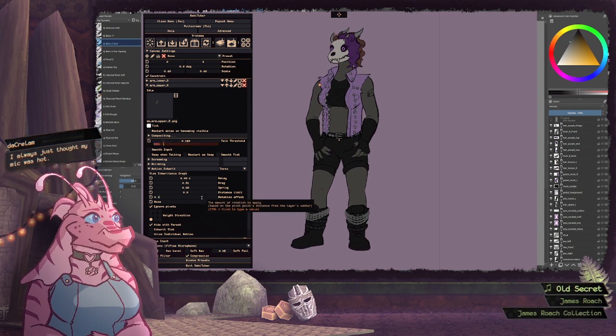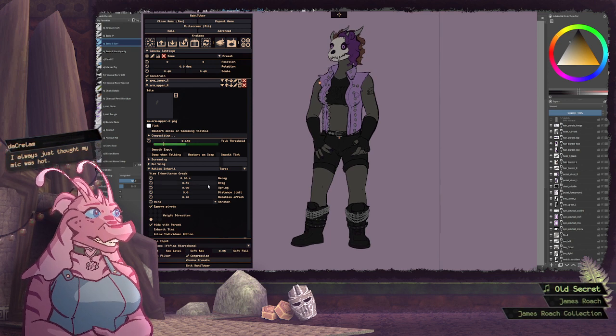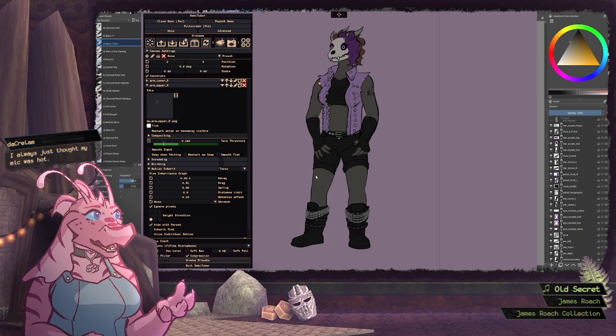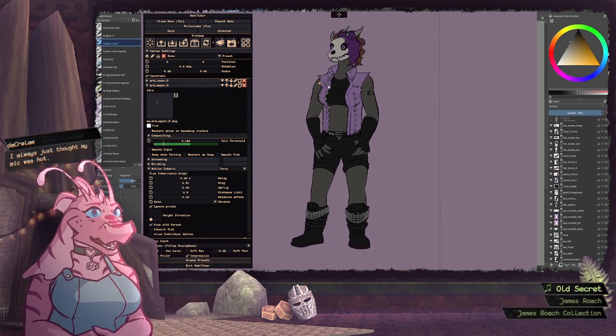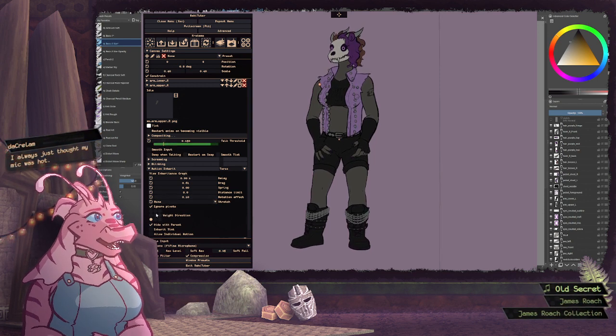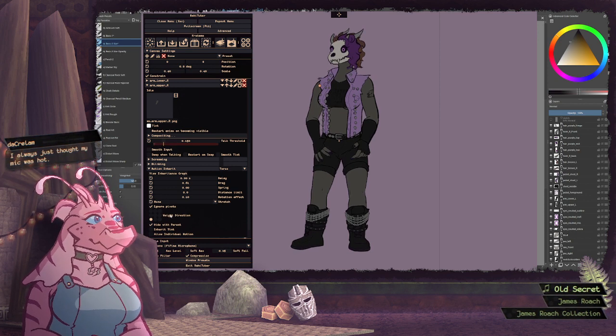Let's go with 0.1, just really subtle. I'm using ignore pivots because we've got so much empty space in this layer that there's no way RahiTuber can guess where the weight in the layer is supposed to be, so we're telling it ourselves.